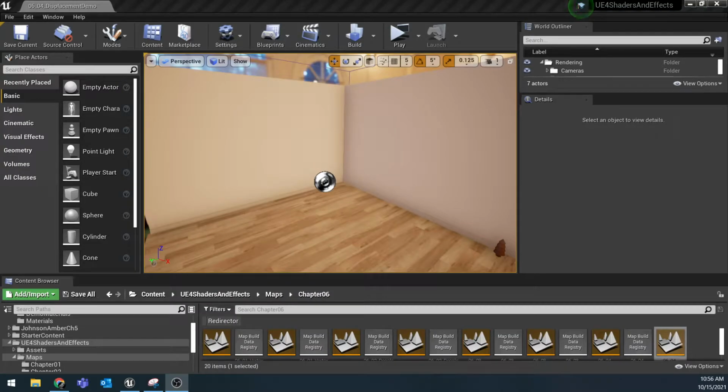This video is going to walk you through working with the Unreal Engine 4 Shaders and Effects Cookbook, Section 6, Advanced Material Techniques, and working on the brick wall using displacement. So in previous